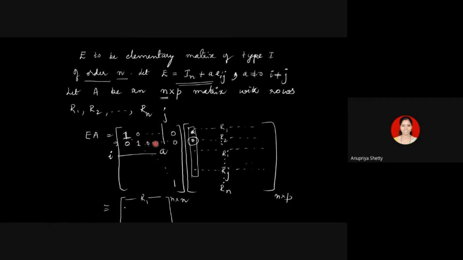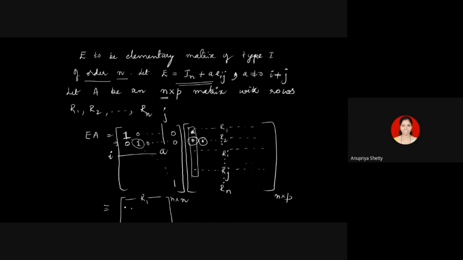Next, the same second row has to be multiplied with the second column. When you multiply the second row with the second column, what happens? 0 into the first entry, whatever that entry is, becomes 0. Plus 1 into the entry in the second position, that will remain because it is getting multiplied with 1. Plus 0 into the other entries. So what I get next is again this entry which will appear here, because it's getting multiplied with 1. Rest everything will get multiplied with 0 since the second row has only 1 present in this position.